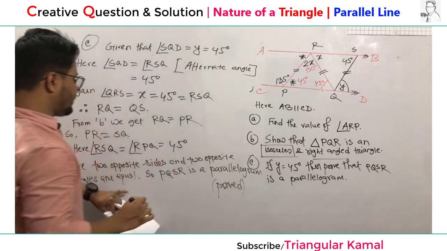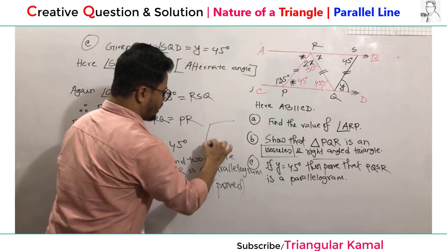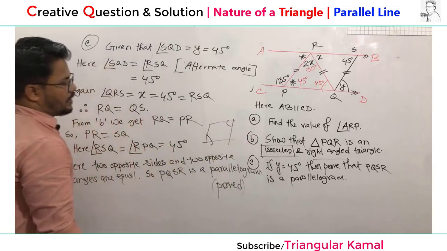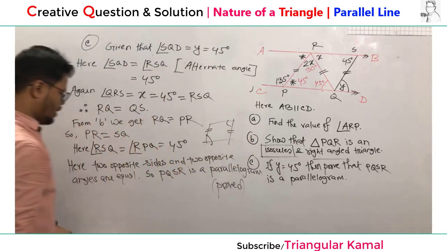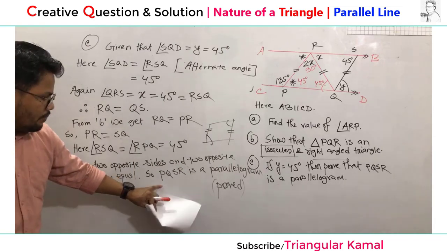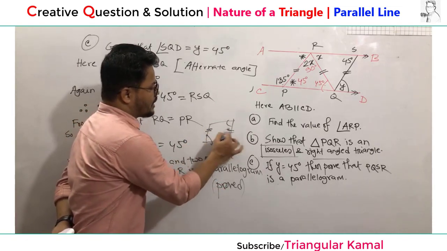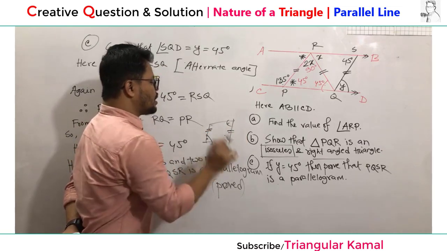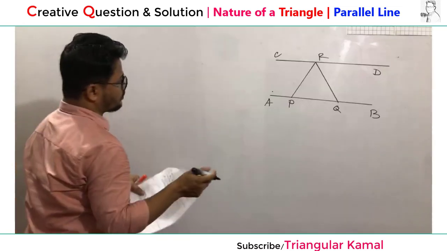So this is another characteristic of a parallelogram. If we draw here like this, a parallelogram, when the two opposite angles are equal and the two opposite sides are equal, this indicates here PQRS is a parallelogram. When two opposite sides are equal and two opposite angles are equal, definitely the other two opposite angles will be equal and parallel. So